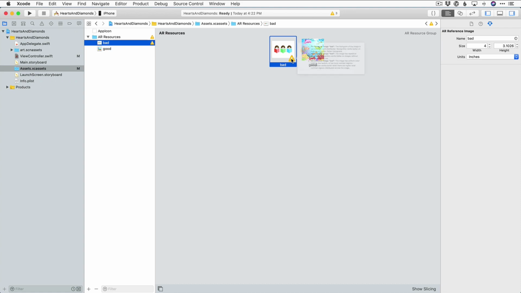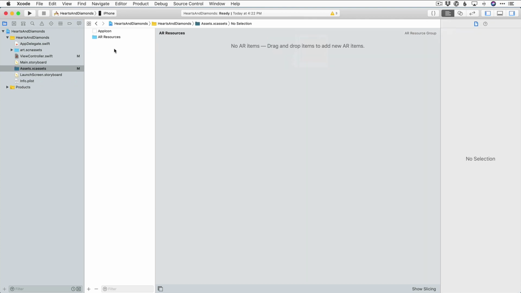And if you get that, then you're probably just going to have to get a different image to work with. All right, so I'm going to delete those two. And now let's go ahead and get the images that we are going to work with, okay? So like I said, I have my king and queen cards here, and I'm just going to snap a photo